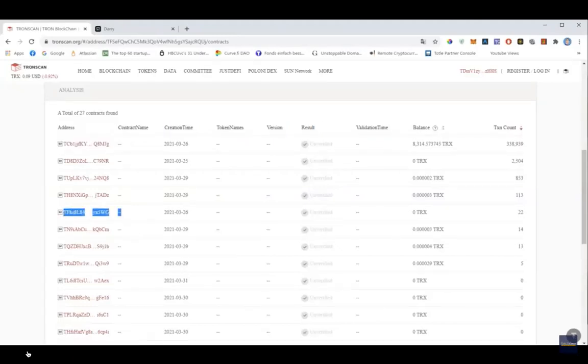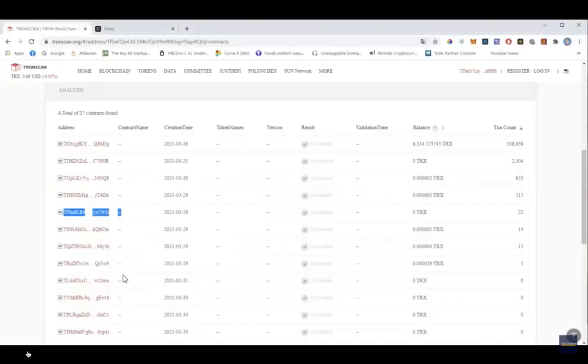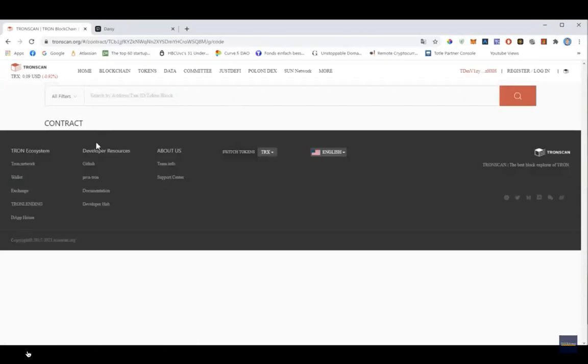And then there is a smart contract for the gold Pacesetter information. And there's also a smart contract for the leadership. The most lucrative one is the leadership Pacesetter information. And there's also a smart contract for the metrics bonuses. That's important too. So what we want to do, we want to first go to the proxy for transactions,